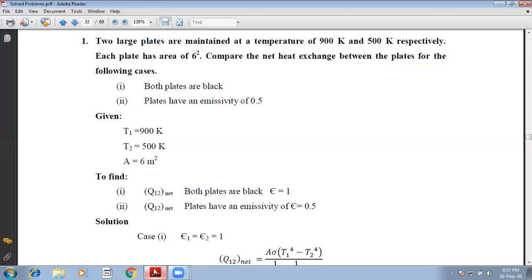This was demonstrated by Lambert, and he has given the equation E theta is equal to En into cos of theta, where E theta is emissive power in any direction,